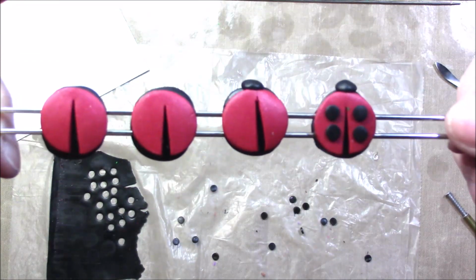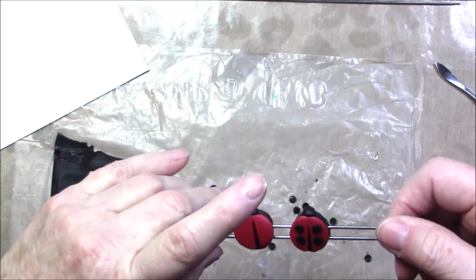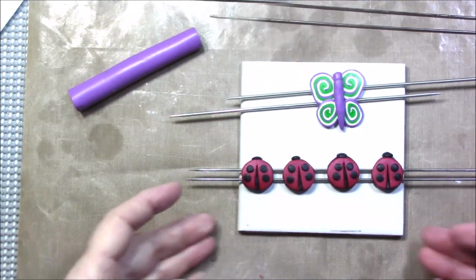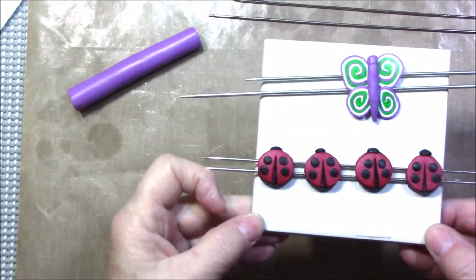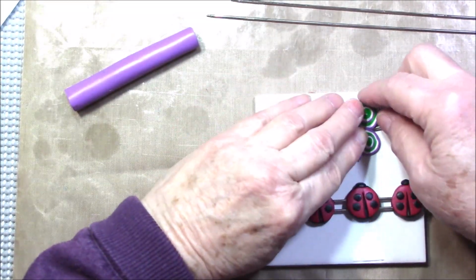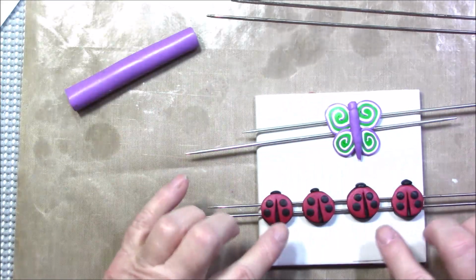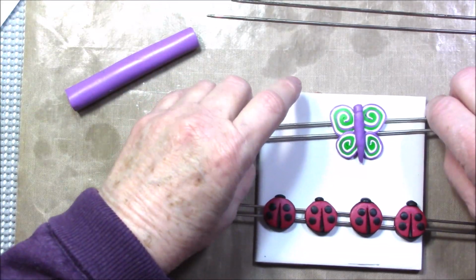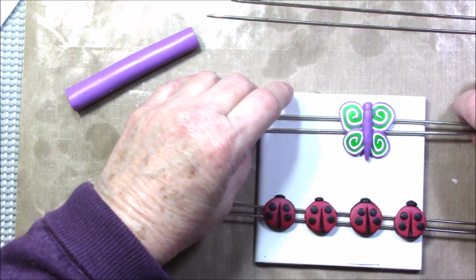Isn't that cute? But I'm going to finish these others off camera so you won't have a long video, and I'll be back. Okay, you can see that I have put the butterfly and the ladybugs on a tile, and I'm going to put them in the oven. But before I do that,